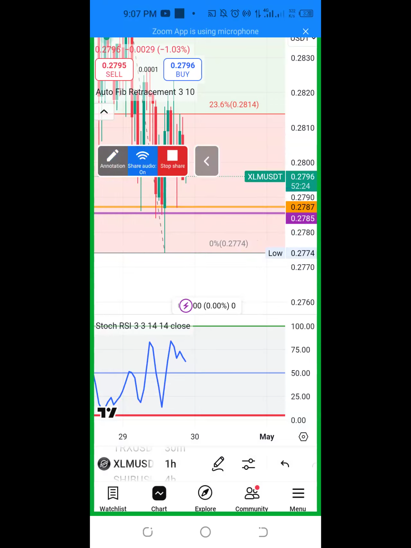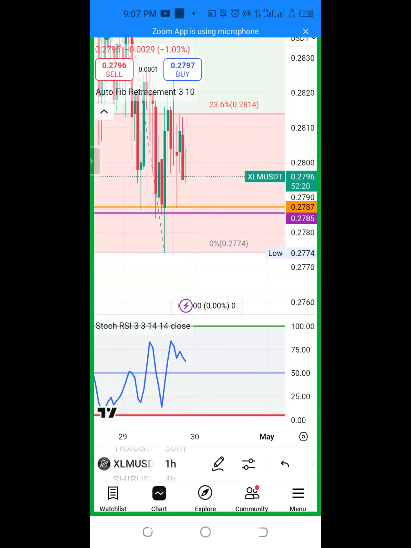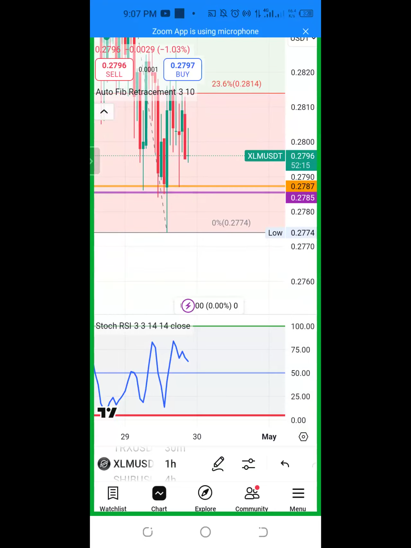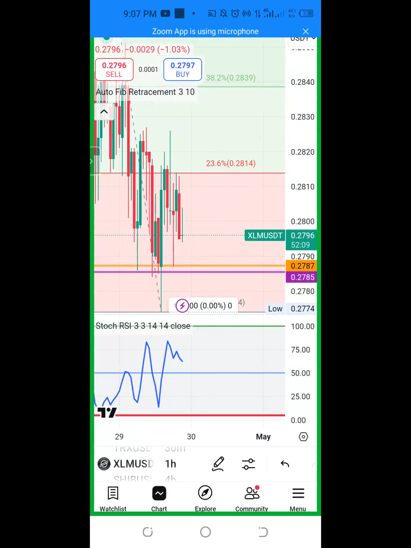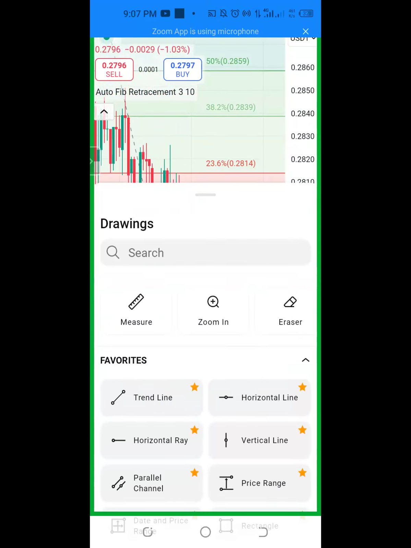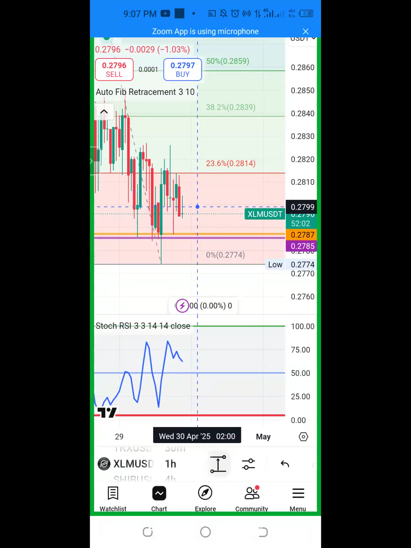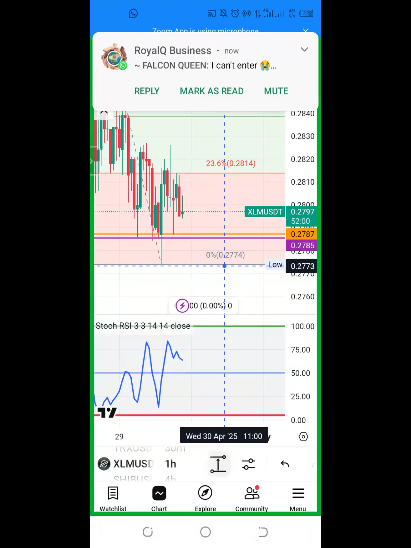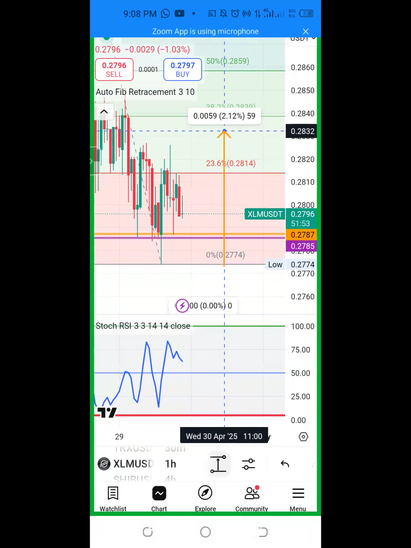So I will tell us to go and even, let me screenshot. Go and edit it. So how do we do that? Let me go to an account. So it's always good to enter much lower, because the lower you enter, it's better you wait and let the market pull back, retrace, and enter lower, so that it will be easy for the coin to start moving up, and it can make like 2-3%.